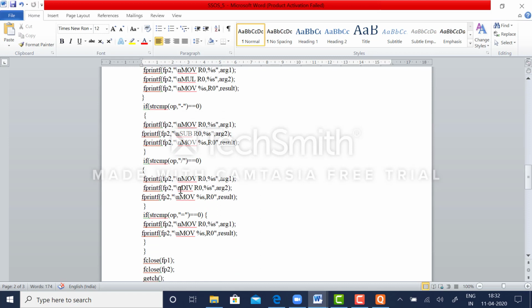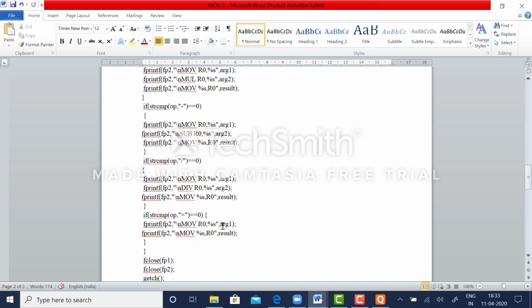As soon as you get equals as an operator in your string comparison, it means that you have already evaluated the expression, and now it is time to store the result, or assign the result, to the variable.